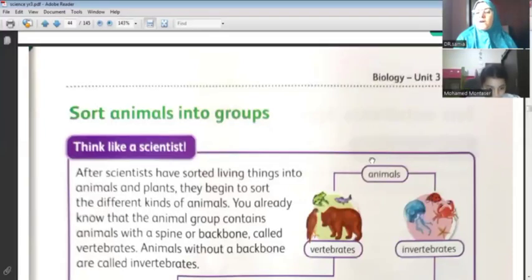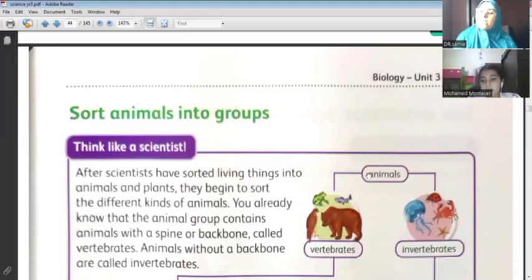So we classify the animals into 2 groups according to the backbone. The animals that have a backbone, the bone which is called the spine, we call them vertebrates. The animals that don't have this bone, we call them